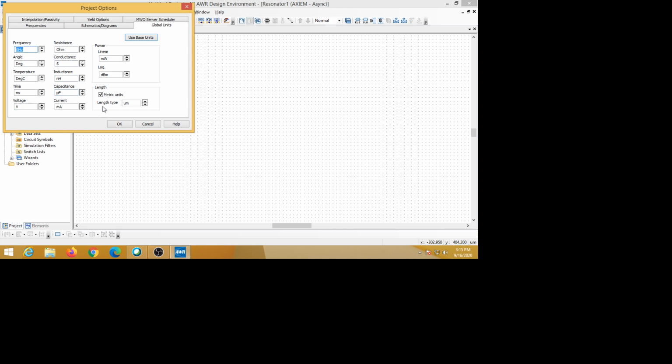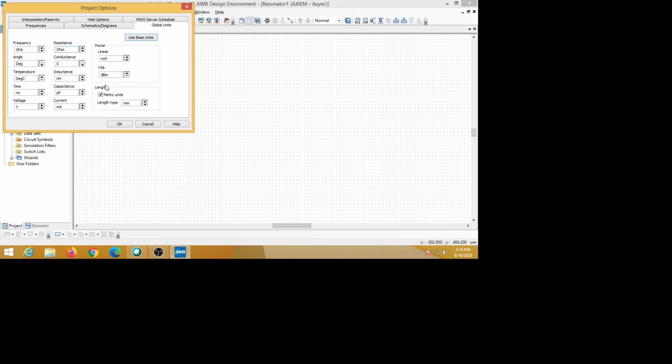But here is the length type. While doing our design, we got the length of the structure in mm. The unit is set to micrometer; instead of micrometer, set it to millimeter, mm. Now I got mm here, so leave mm as it is. Length is in mm and frequency in gigahertz, so that is the unit set.